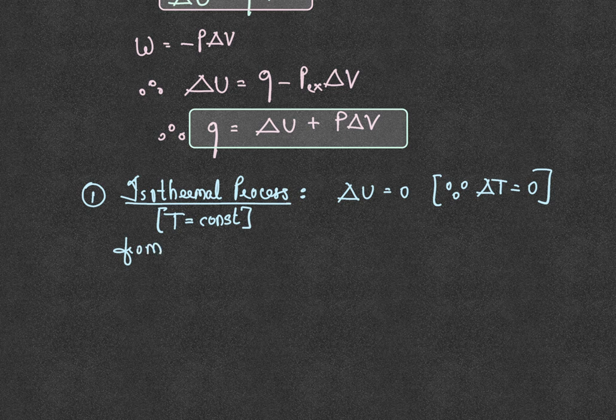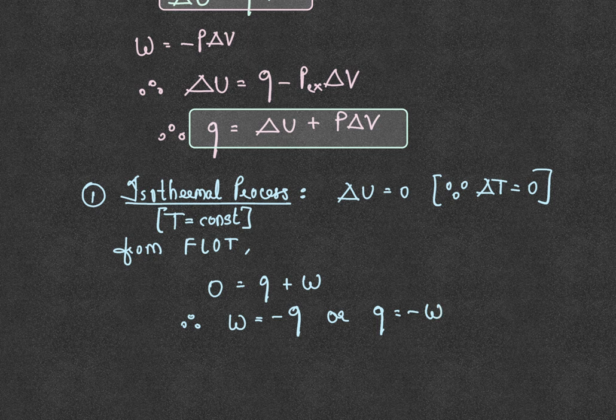From FLOT, zero is equal to Q plus W. Therefore, W is equal to minus Q or Q is equal to minus W, whatever it be. So for isothermal process, all the work done on the system will be released in form of heat. Or the other way around, all the heat which is given to the system will be utilized by system for